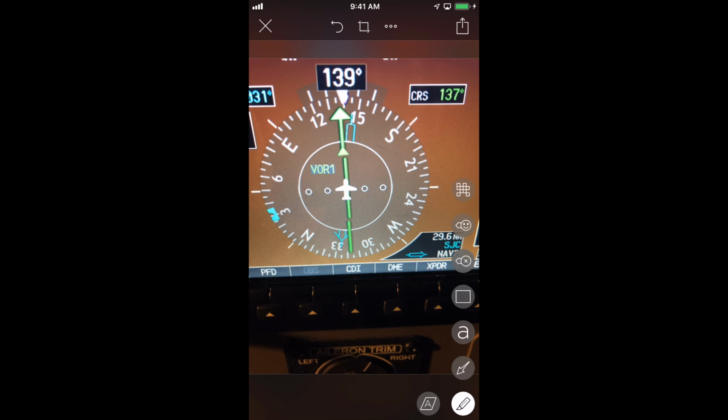Let's go back to south. If they tell you to hold south of the VOR on the 180 degree radial, so this much we've got, but what if they tell you it's right turns? What I want you to notice is that